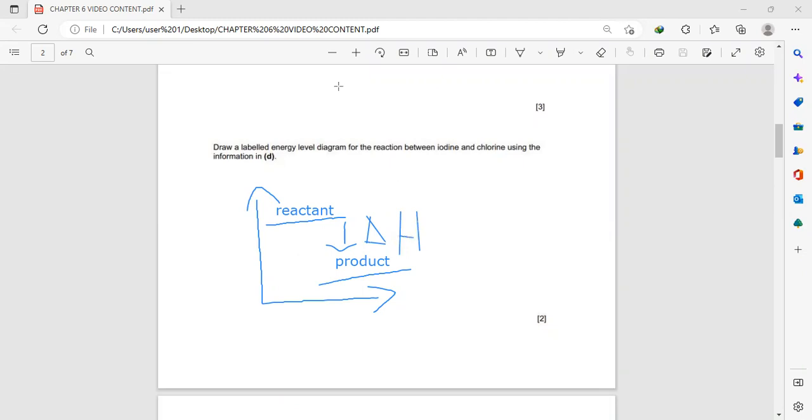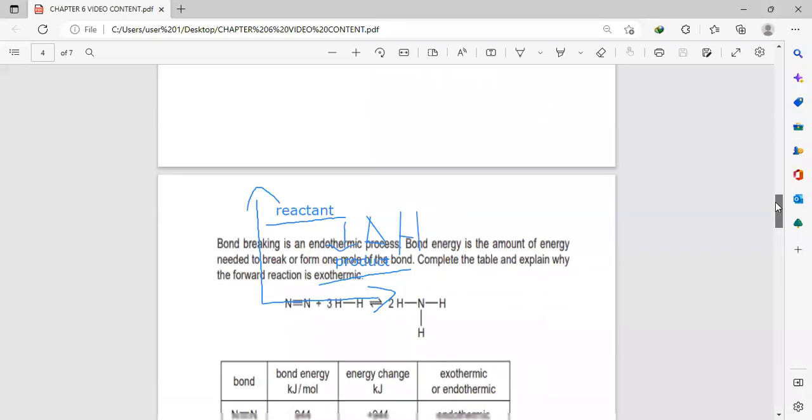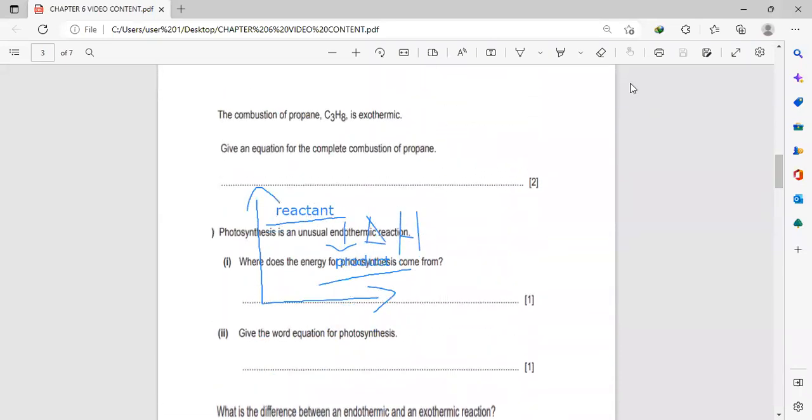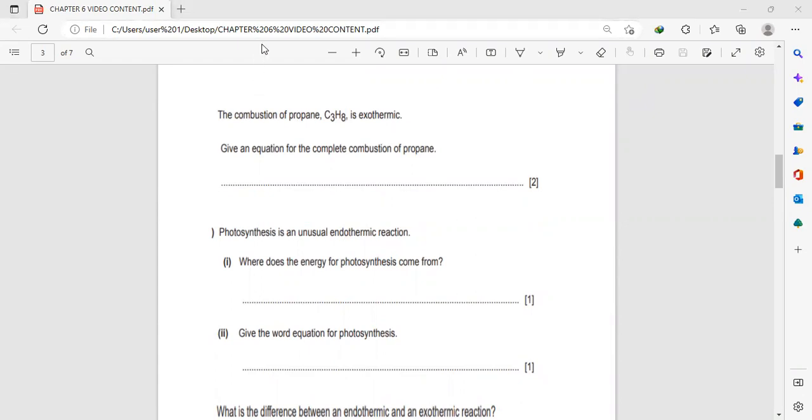Now, next question. The combustion of propane, C3H8, is exothermic. Give an equation for the complete combustion of propane. Here you want to check the question: complete combustion. Complete combustion means the products are carbon dioxide and water. So the equation is